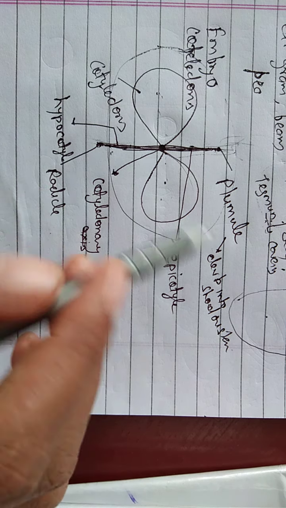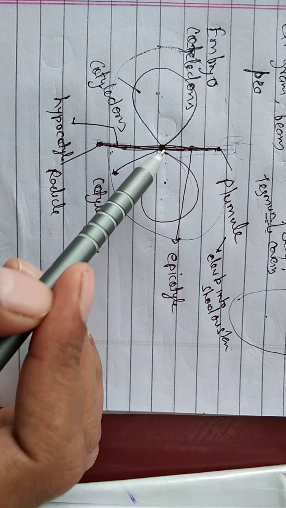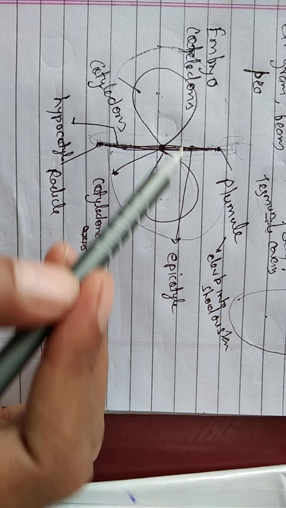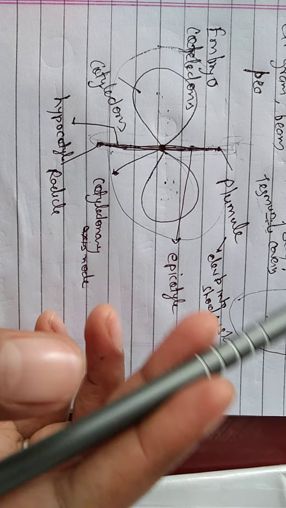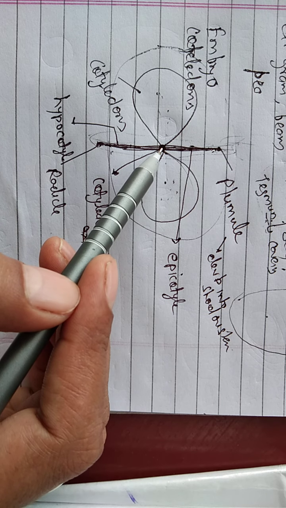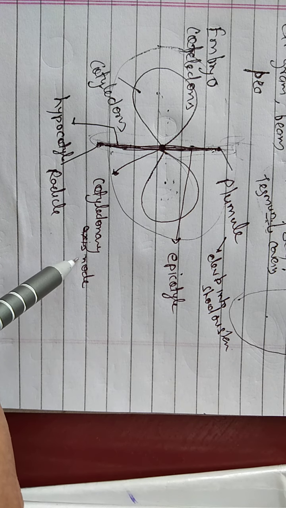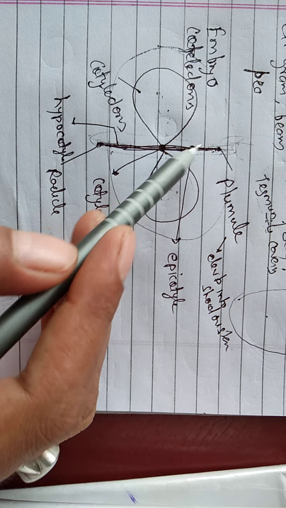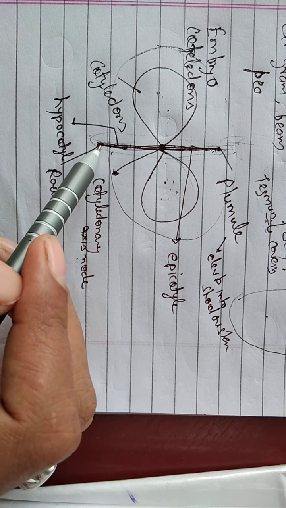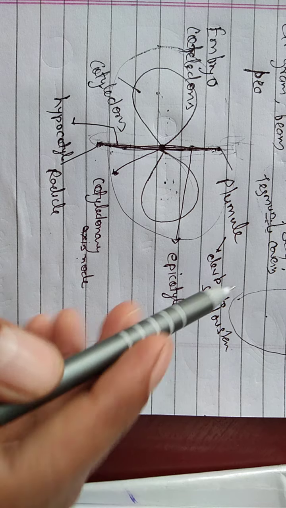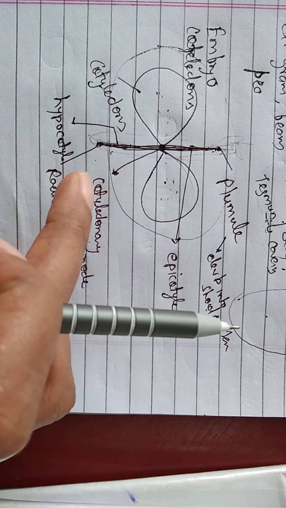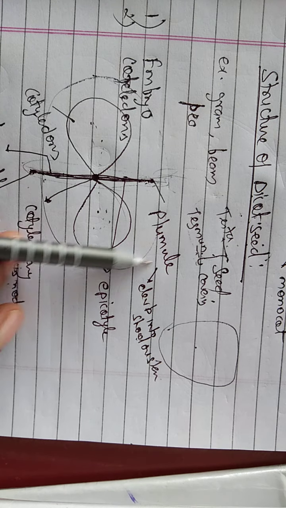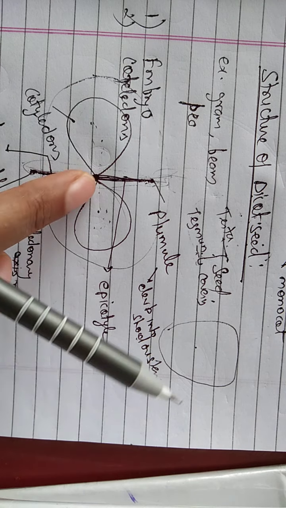So simply this is the structure of dicot seed. This part is known as the embryonal axis, which develops into the plant. Further, the cotyledons are used up during development. This central axis is known as the cotyledonary node, from where the development of cotyledons occurs. The upper terminal part is known as the plumule and the lower terminal part is known as the radicle. From the plumule, development of the shoot system occurs, and from the radicle, development of root occurs. So this is the simple structure of dicot seed. It consists of two cotyledons.